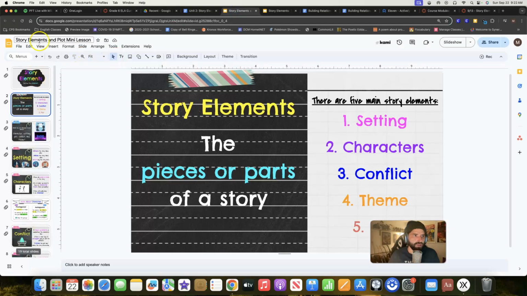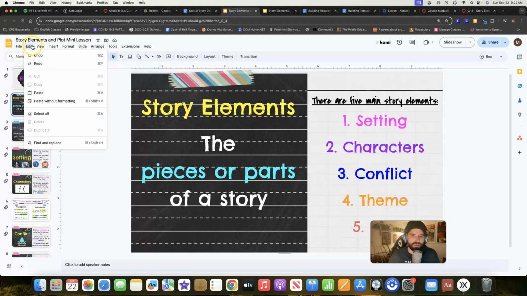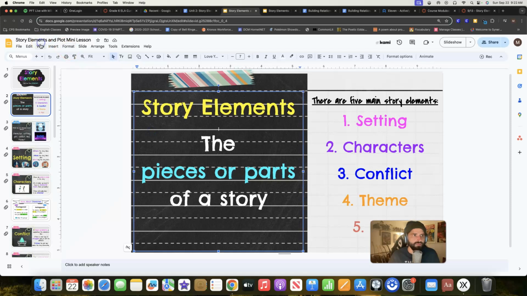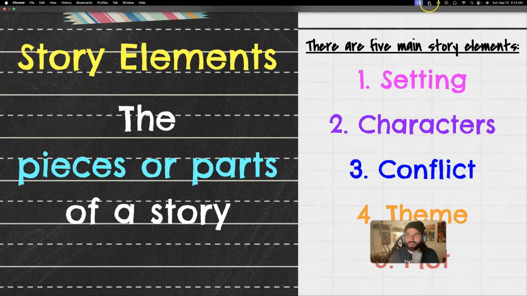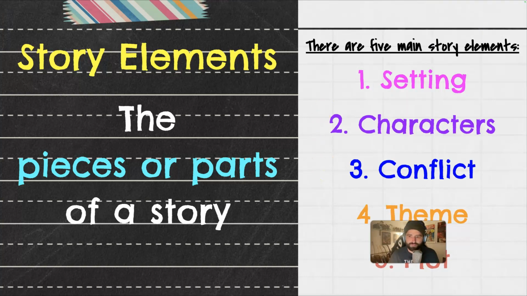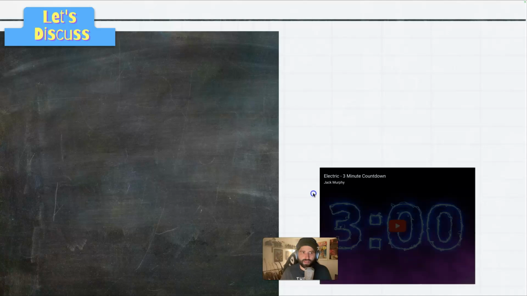So as we start here, all right, story elements. Story elements are the pieces or parts of a story, and there are 5 types of main story elements, and those are setting, characters, conflict, theme, and plot. Now, our first one of these, of course, is